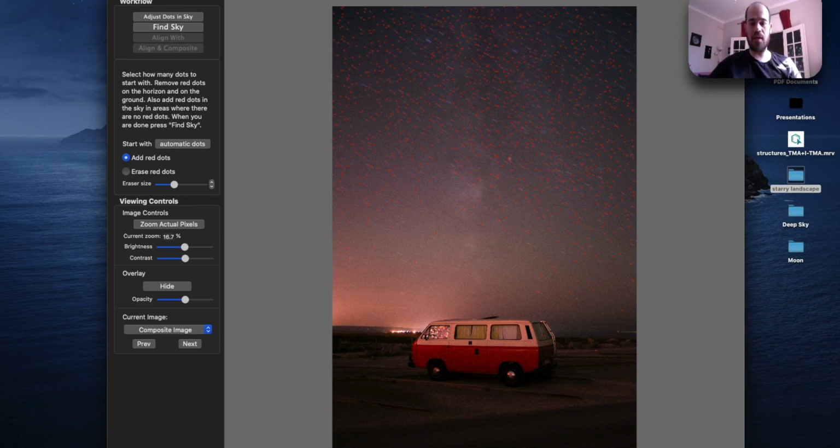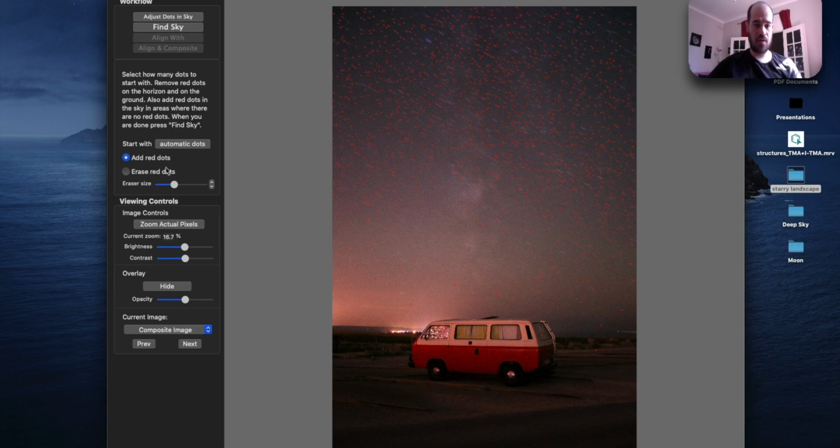So the idea is to separately align the foreground from the sky. And what Starry Landscape Stacker is doing is placing all these dots here as points of alignment for the sky. You can add some dots here near the horizon,